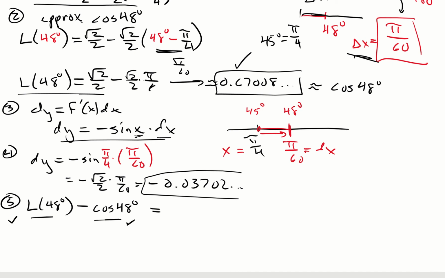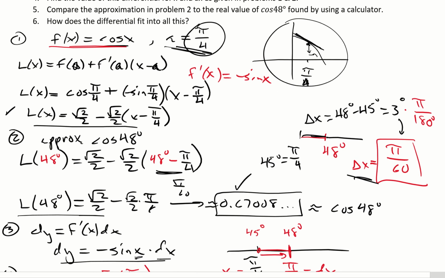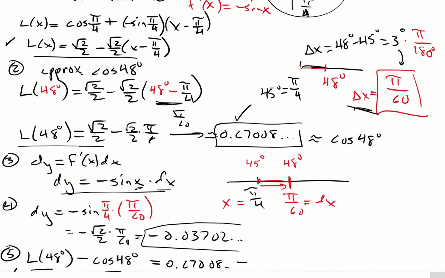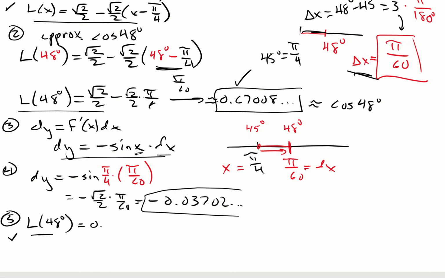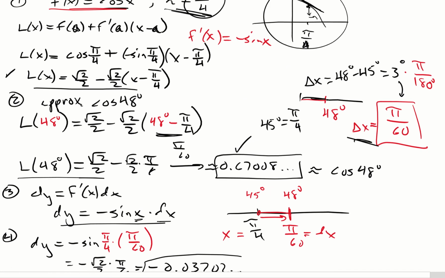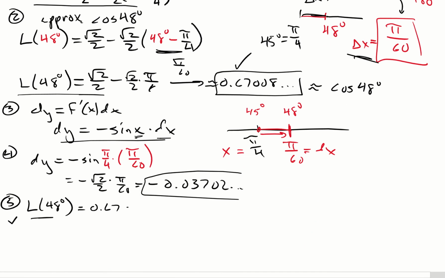When you plug in, you're going to get 0.67008 or whatever, minus your actual cosine value. Oh, I'm supposed to just compare it. Okay, never mind. It just says compare the approximation, found with a calculator. So forgive me, I have to play the game right. Almost done here. This one we found to be 0.67008, and change. Compare it